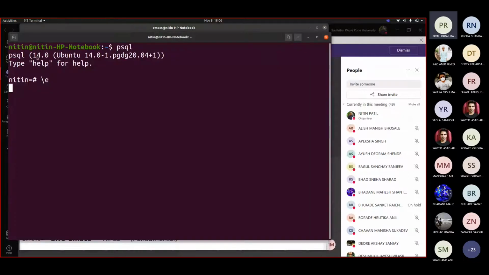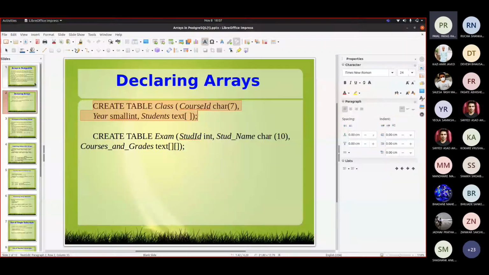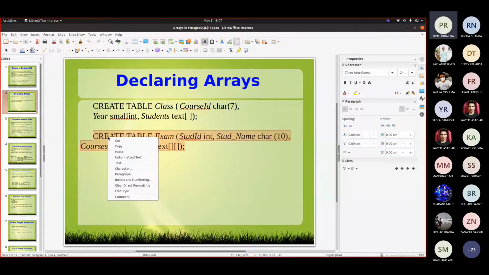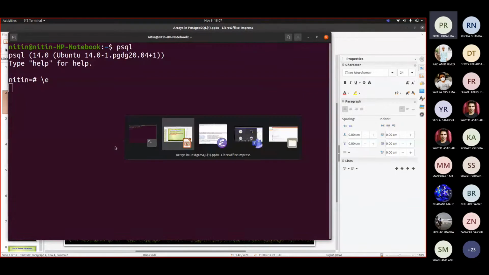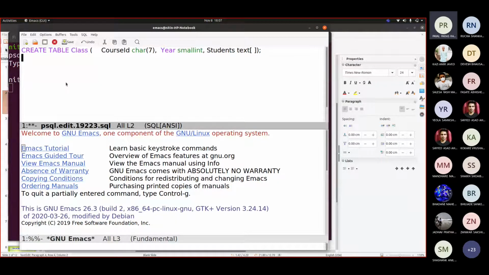Secondly, I will add another definition, which is with the two-dimensional array. I will add this file for you anyway, so that you can directly take it.